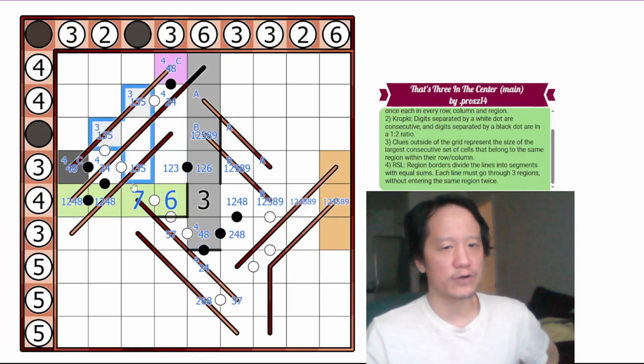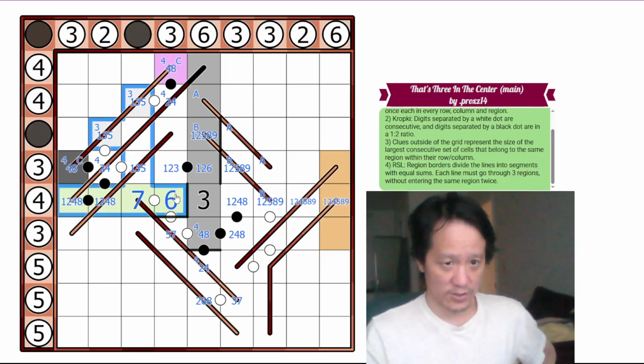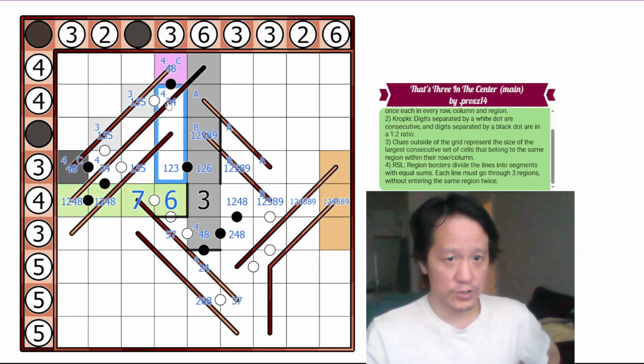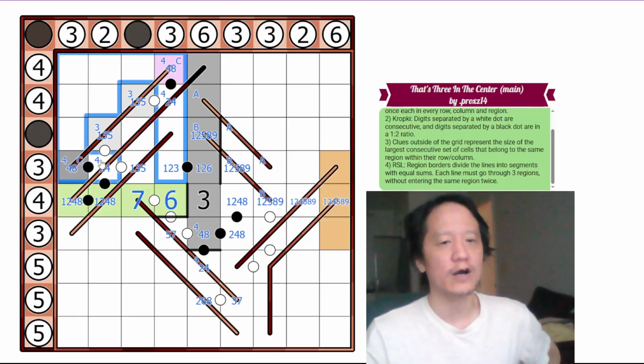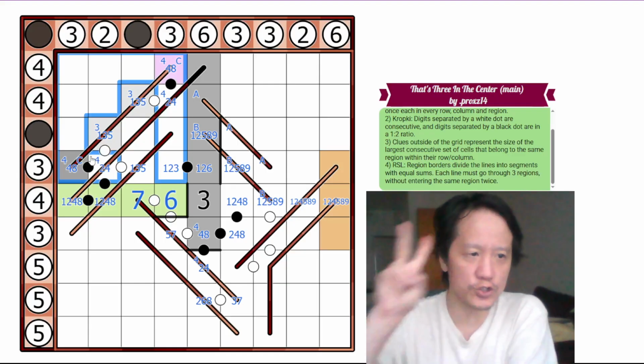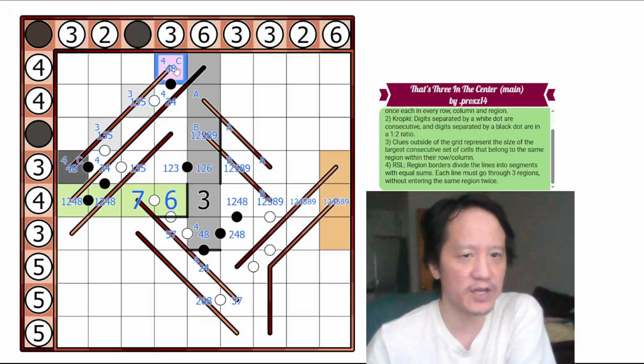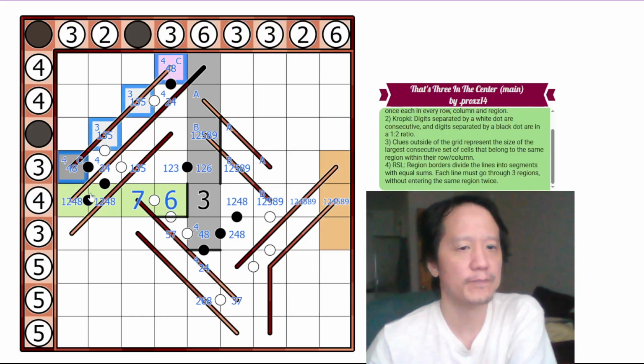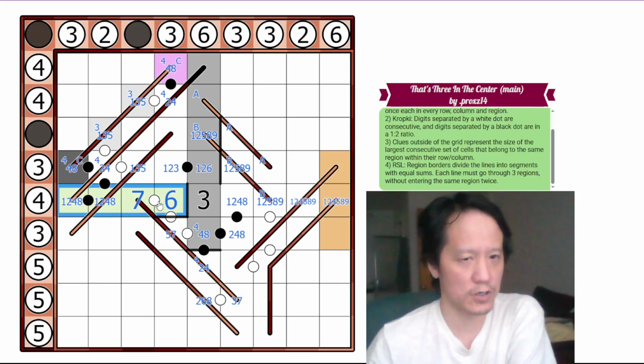What if light were part of green? That would be 8 cells. But then that leaves 1, 2, 3, 4, 5, 6, 7, 8, 9, 10, 11, 12 cells for 2 separate regions, right? We're assuming that medium gray was not part of any of these 3 regions here. And that doesn't work. So again, light cannot be part of medium. If we try to have light here and light be part of the green,